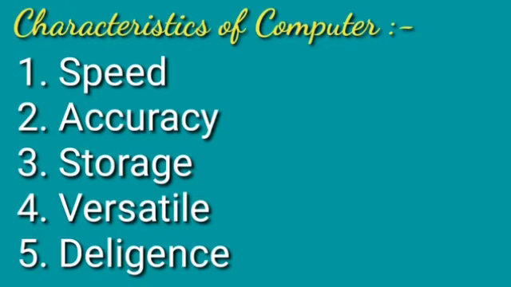Moving forward, the next one is versatile. Computer is said to be versatile in nature, which means that computer can perform different kinds of tasks all together at one time. You can take an example that we do multitasking in our computer, like we work on MS Word, we do the calculation, we download something, or suppose at the same time we are listening to a song. So all the tasks are being performed by the computer at one time and with 100% accurate results. So this is one of the features of computer.